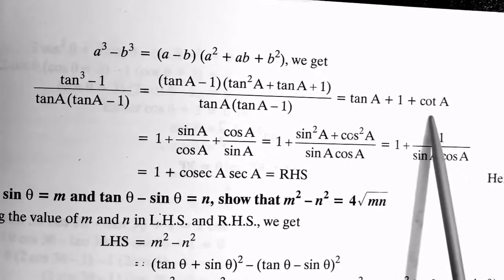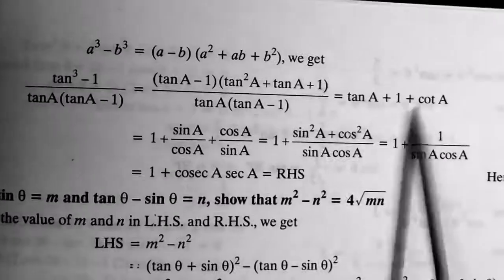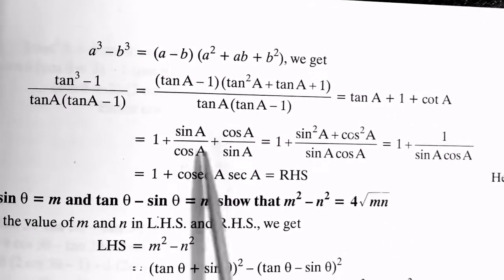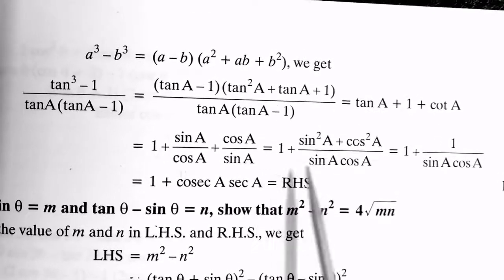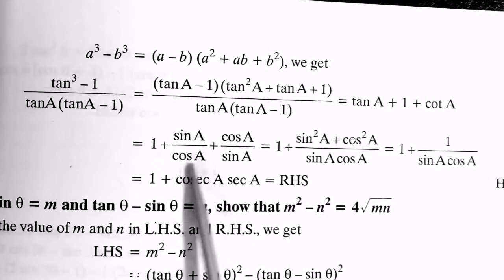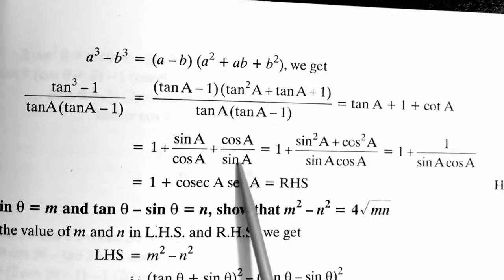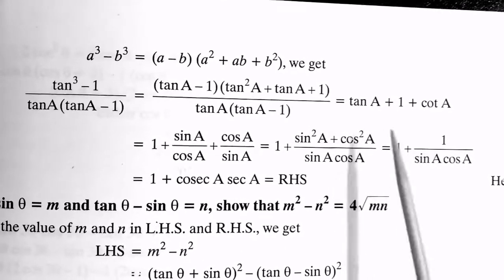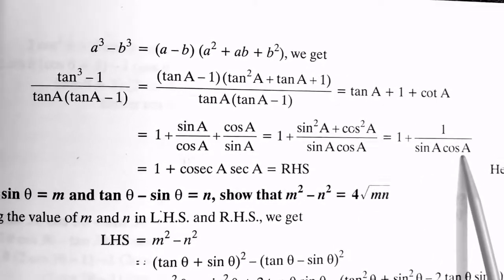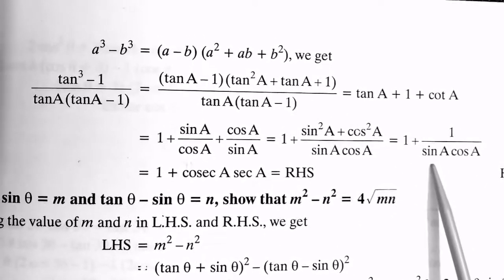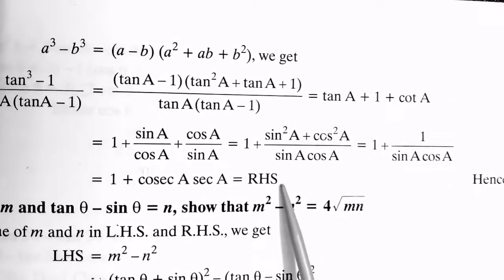Right? But whatever they have asked, if we have to show that, then I further change these. 1 as it is, tan I have written sin A over cos A plus cot as cos A over sin A. So 1 as it is, and take LCM of these two only. So that will be sin A into cos A. So we have sin square A plus cos square A. Now that will be 1. So I have 1 plus 1 over sin A cos A. Right? So 1 plus 1 upon sin A is cosecant A and 1 over cos A is secant A. That is equal to the right hand side.